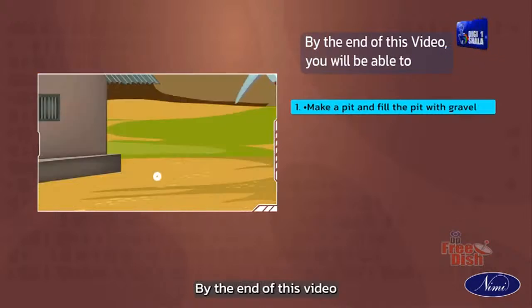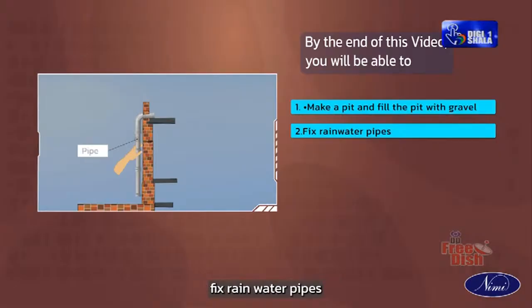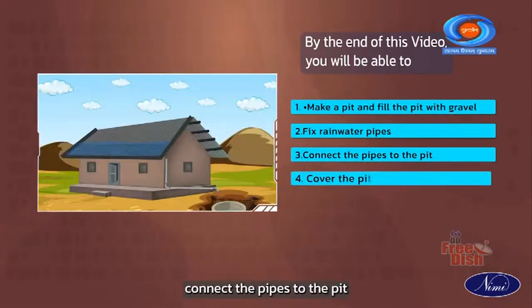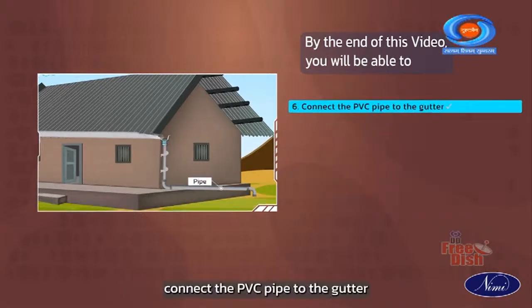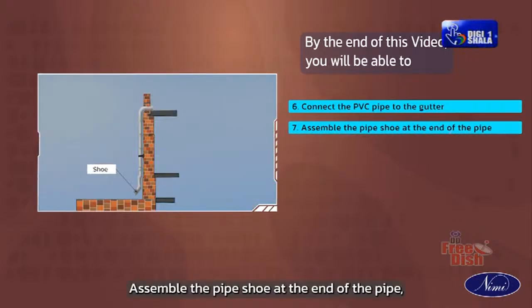By the end of this video, you will be able to make a pit and fill the pit with gravel, fix rainwater pipes, connect the pipes to the pit, cover the pit, fix the rainwater gutter on the metal shop end, connect the PVC pipe to the gutter, assemble the pipe shoe at the end of the pipe,